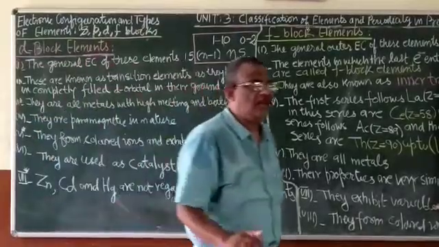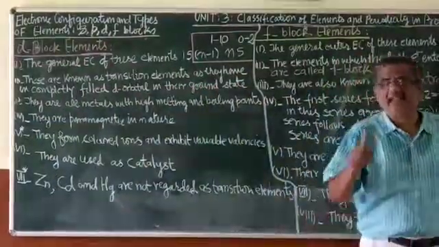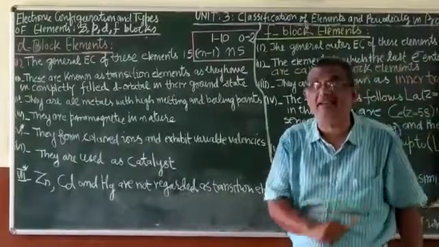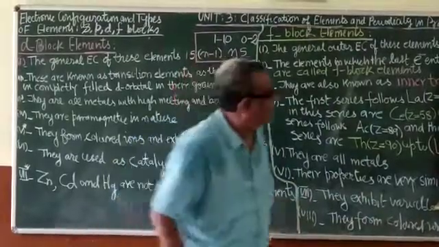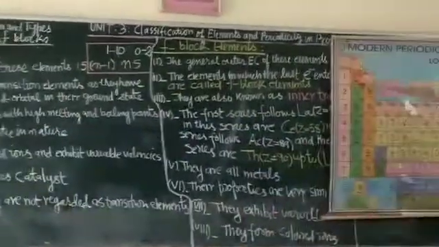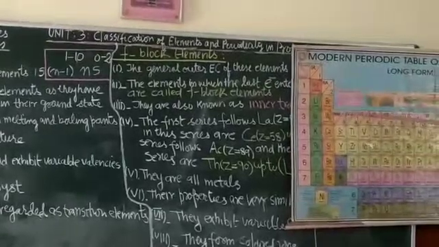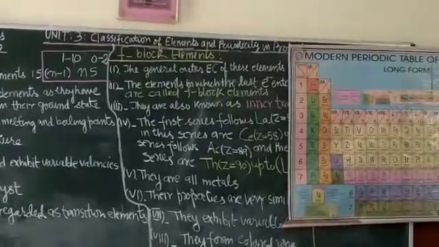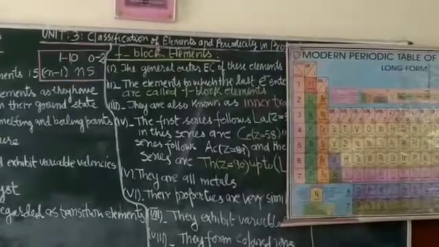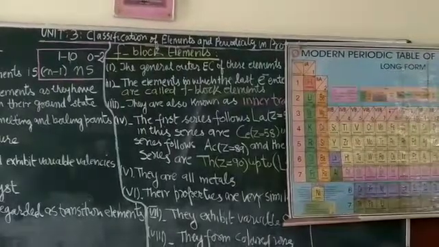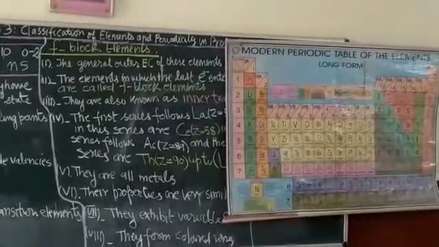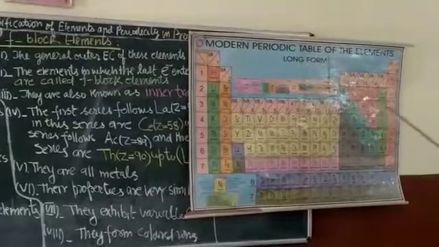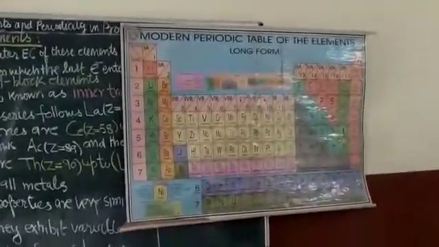In my last video, I told you about the electronic configuration and types of elements I was discussing, that is S, P, D and F block. In the last term, I told you the properties and characteristics of the S block elements and the P block elements. I repeat once again, what are S block elements? These are the S block elements: S block 1, alkali metals, and S block 2, alkaline earth metals. And then I also discussed the P block elements. These are all the P block elements, that is, the elements ranging from group 13 to 18 are called P block elements.